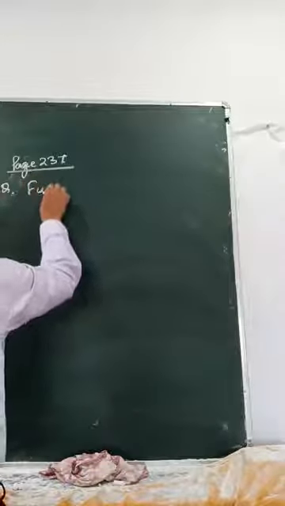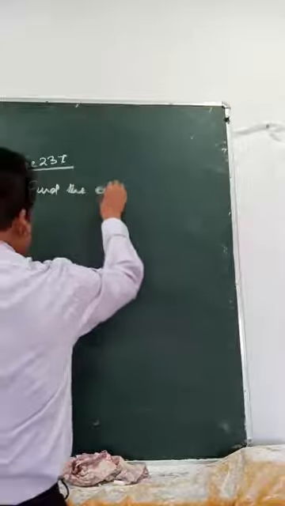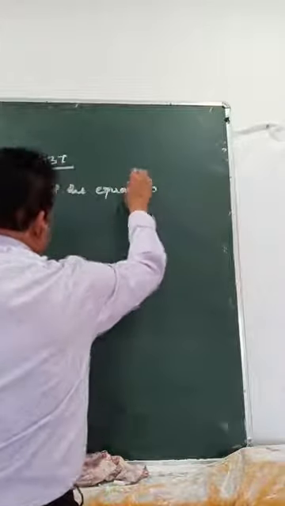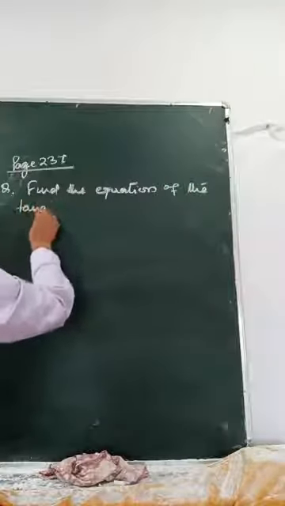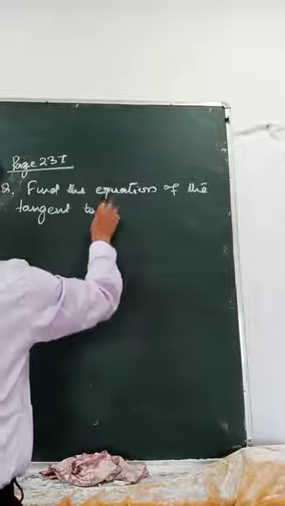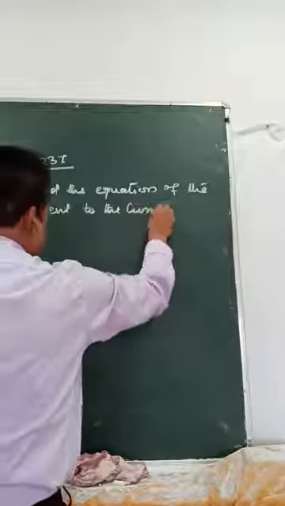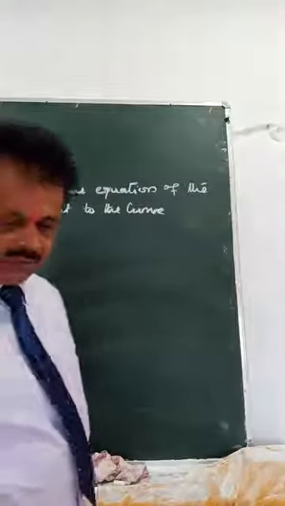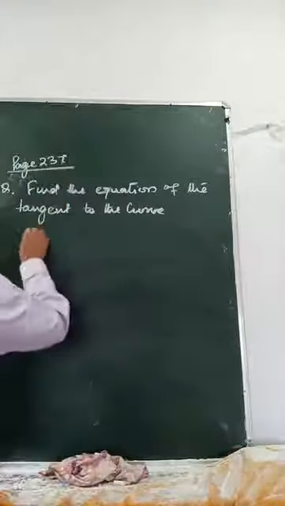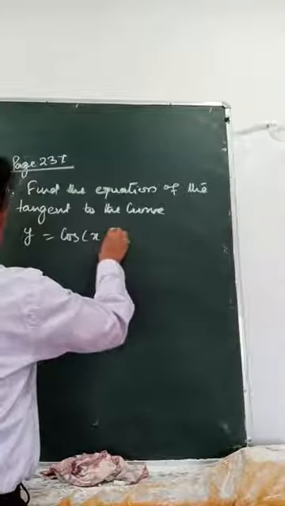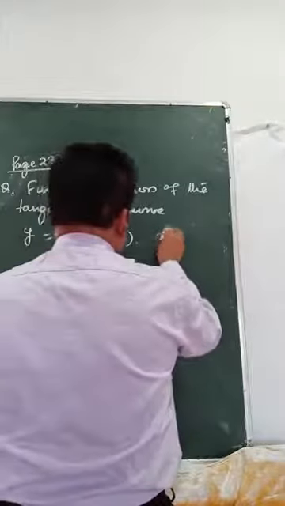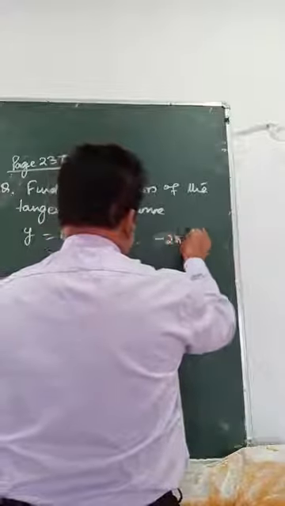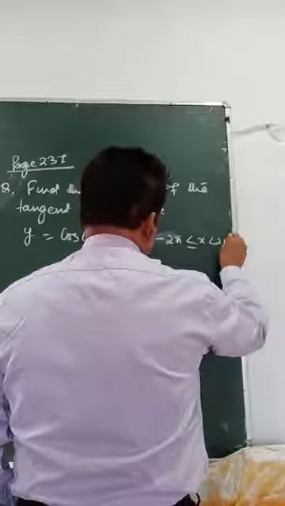Find the equation of the tangent to the curve y equals cos(x plus y), where x lies between minus 2 pi and 2 pi,